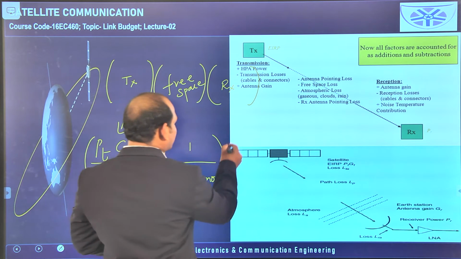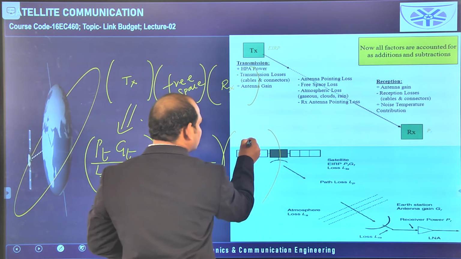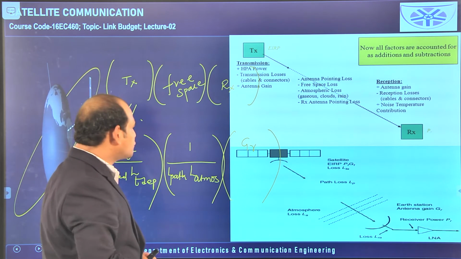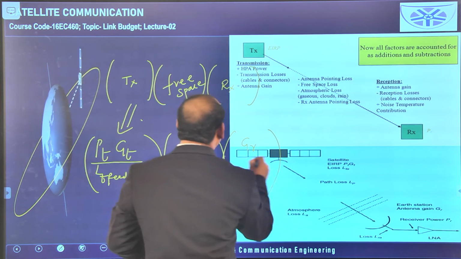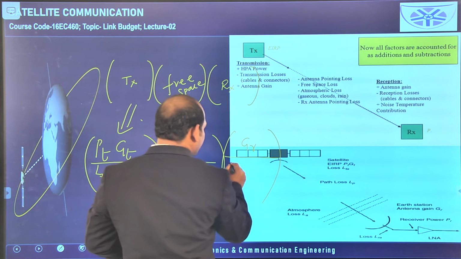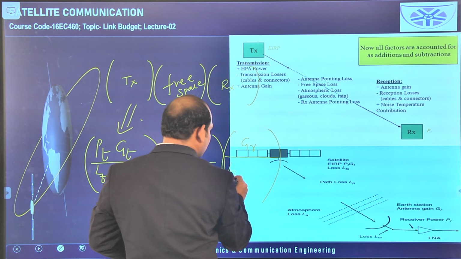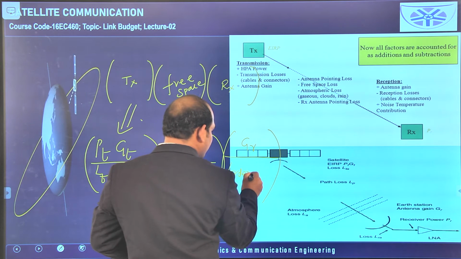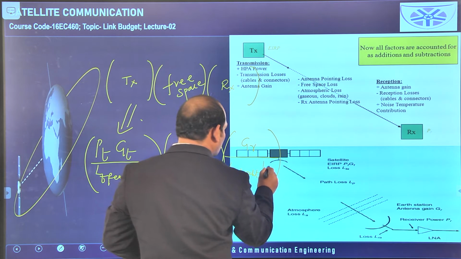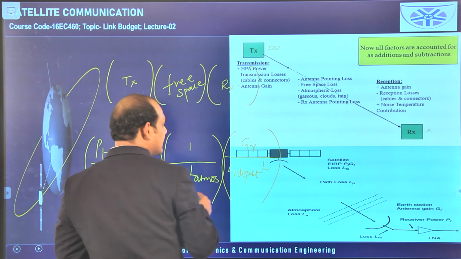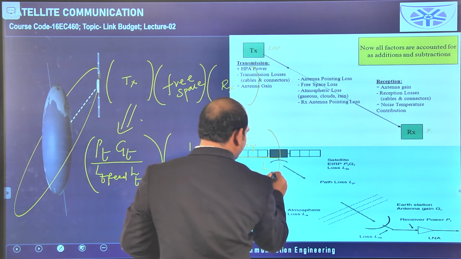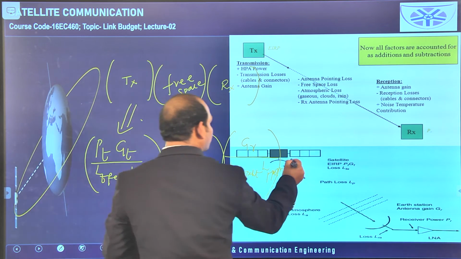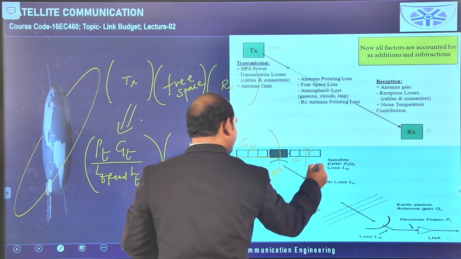Now coming to the receiver, the receiving antenna is having the gain GR. So because of this one the value is increasing, that is why we should write in the numerator, and because of the depointing nature of the receiving antenna, we will have the loss at the receiver side, and one more loss is due to the polarization of the receiving antenna. So in this way we can give the equation for received power.